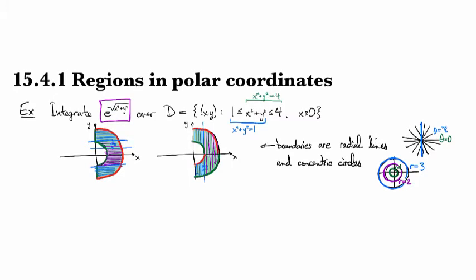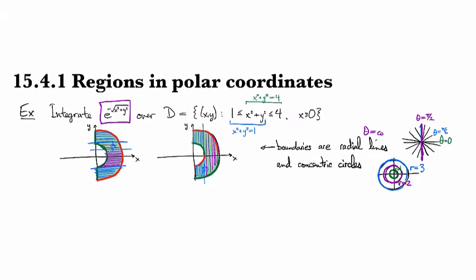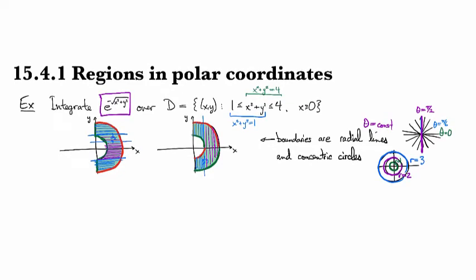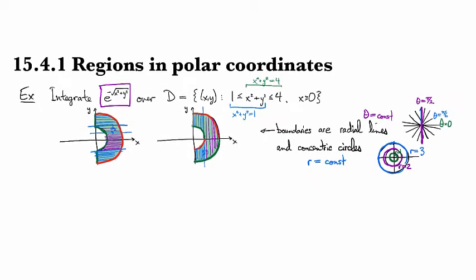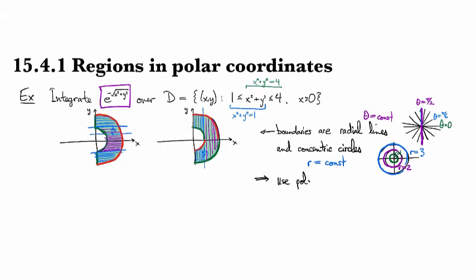This one that we're actually interested in, here, let me make it purple, is where theta is equal to pi over 2. But anyways, so these radial lines are where theta is equal to a constant, and these concentric circles are where the radius is equal to a constant. And so the fact that we're seeing a region bounded by radial lines and concentric circles is this problem screaming at us that we should use polar coordinates